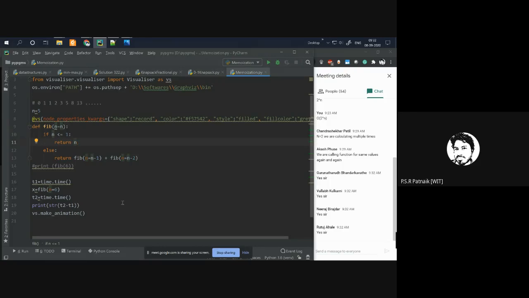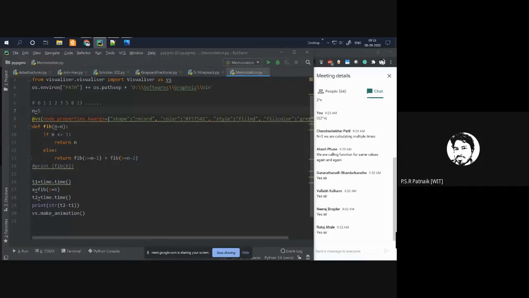Avoid calling a function in a recursion tree again and again if the function was already called with the same arguments. If some subproblem was once solved, don't solve that subproblem again and again. Solve it once, store the result somewhere in a table or some storage, and every time you want to call the function again, instead of calling it, just retrieve the previously computed result of that specific recursion call. Right? So how do I do that?